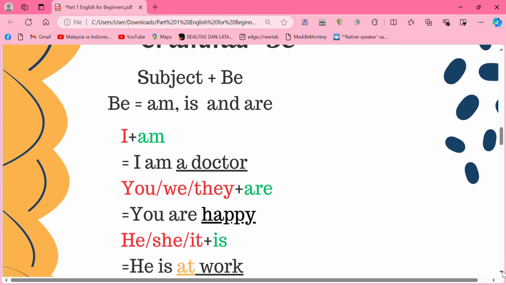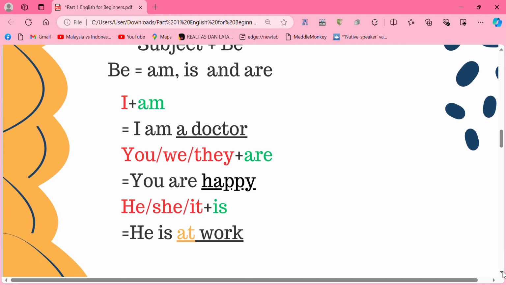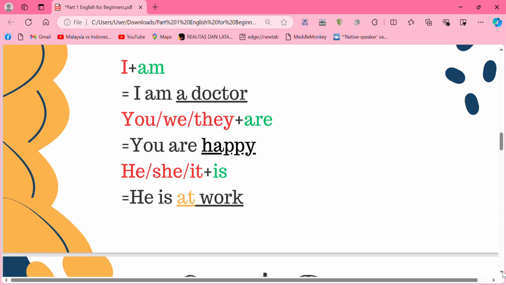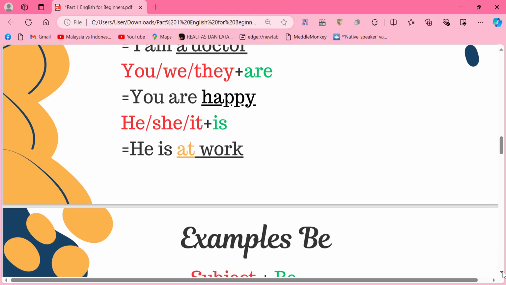Contoh, I plus am. Contohnya dalam kalimat, in a sentence, I am a doctor. Atau you, ya, you are a doctor, we are a doctor, they are a doctor, ya, seperti itu. Contoh lagi, you are happy,